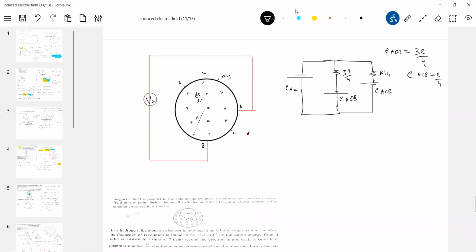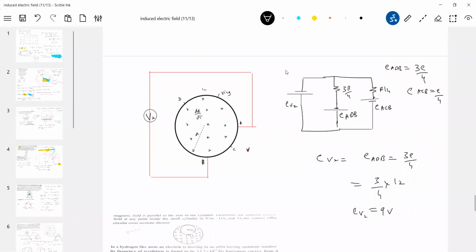Okay, now check it here. It will read how much. EV2 should be equal to 3E/4. So 3 by 4 of 12 volt, 9 volt, the voltmeter will read. This is a very dangerous thing that happens when you get into the lab. This is what happens here.